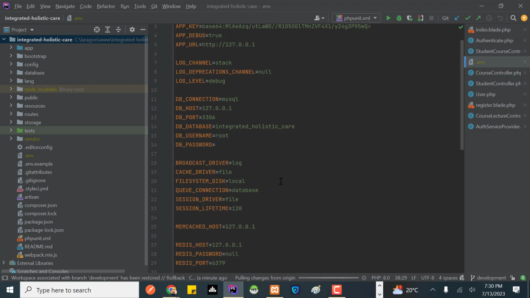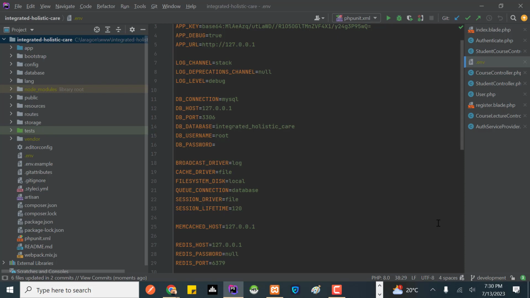So just a minute, then it'll be done. We just pause, and then once it is done, we can continue. All right, so now it has pulled all these changes from their origin, or from the development branch, which is